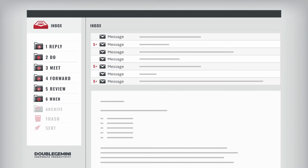So here's my inbox, and let's assume this is my stacking session at the beginning of the day. So the first email comes in and I decide that it belongs in my Meet folder. Then I come to the second one and I realize that it's going to take me more than 5 minutes to reply to. That means to me that it's an effort email and it's going to take me 15 minutes or more to do. So instead of putting it into my reply folder, I'm going to place it into my due folder. And to help me remember, instead of just calling it the due folder, I call it the due 5+ folder, where the 5+ is a reminder to me to put email here that I think will take me